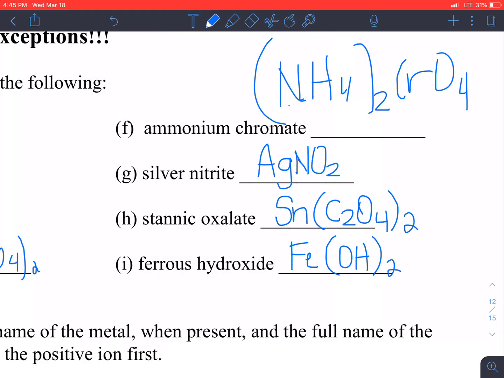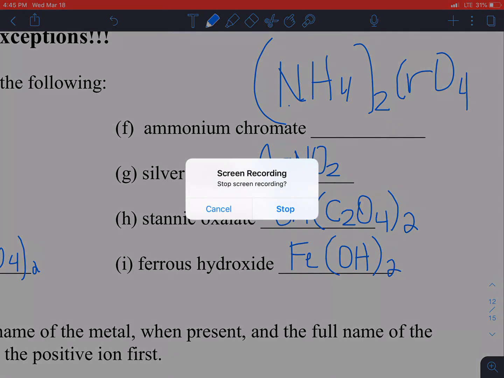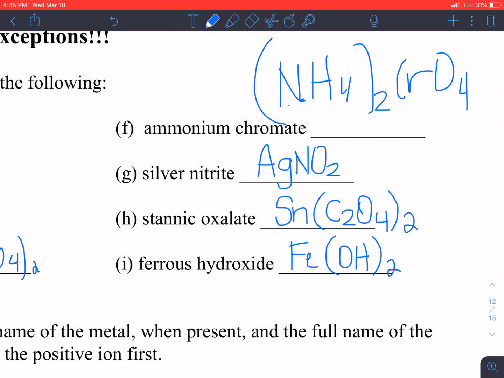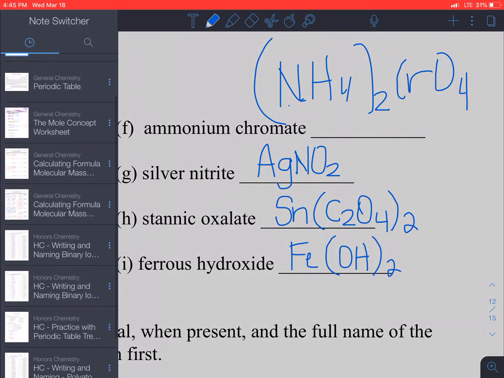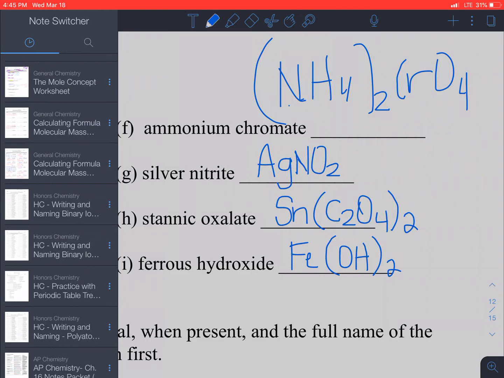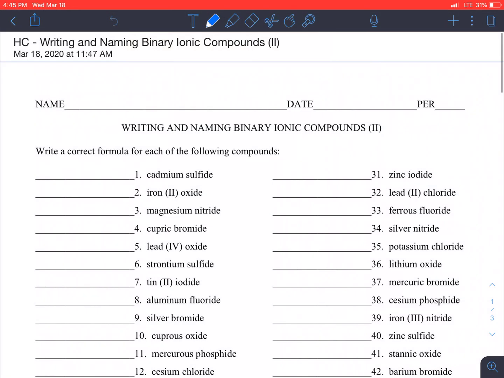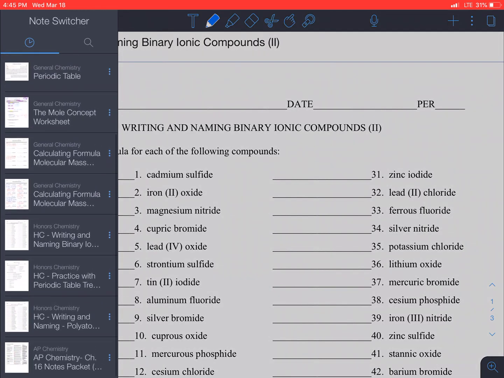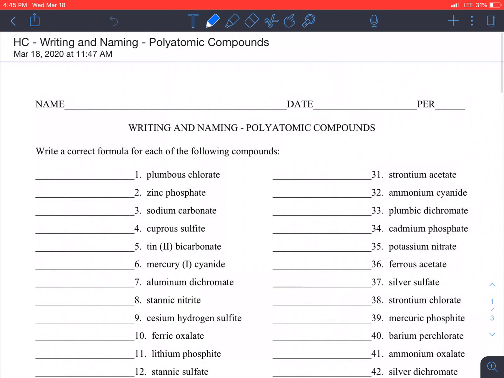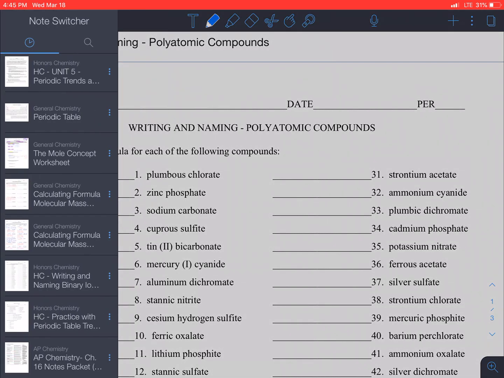Okay, so at this point, you will be able to work several of the worksheets. Let me pull some up. You should be able to do writing and naming binary ionic compounds. You should be able to do writing and naming polyatomic compounds as well. And let's focus on just getting those 2 done and